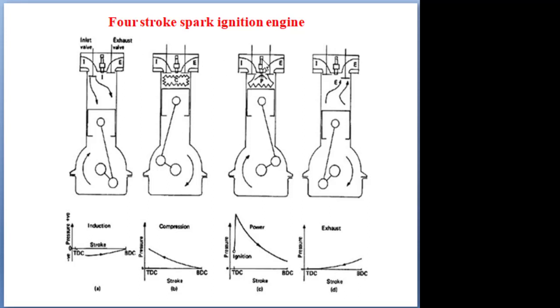So in the 4-stroke spark ignition engine, first is suction. How does suction take place? With the piston at top dead center, the inlet valve is opened and the piston starts moving from TDC to BDC. It creates vacuum inside the cylinder. Due to natural aspiration, the air fuel mixture enters the cylinder in the suction stroke. You see in the PV diagram, while the piston moves downward, vacuum is automatically created, sucking in the air fuel mixture. Once suction is completed, the cylinder also reaches ambient pressure. Then the inlet valve closes.